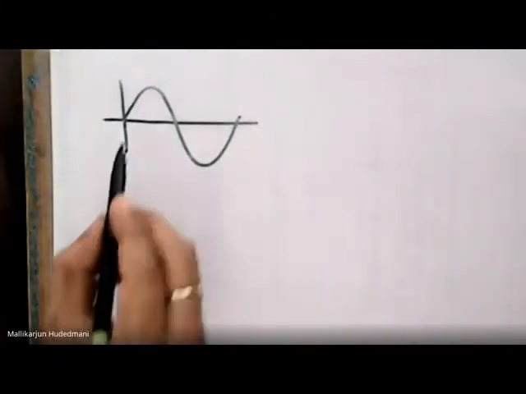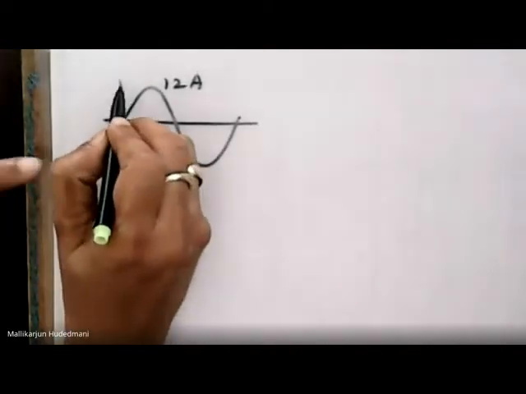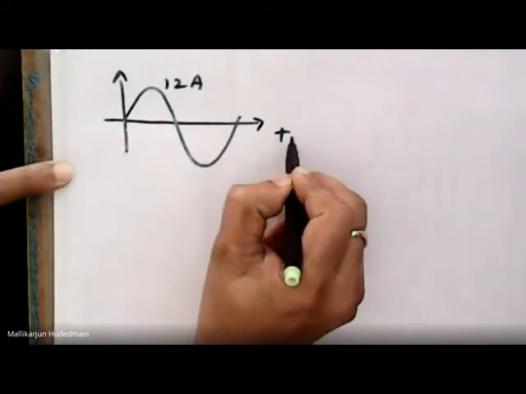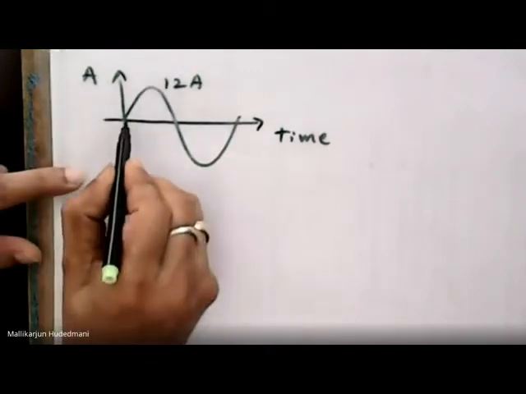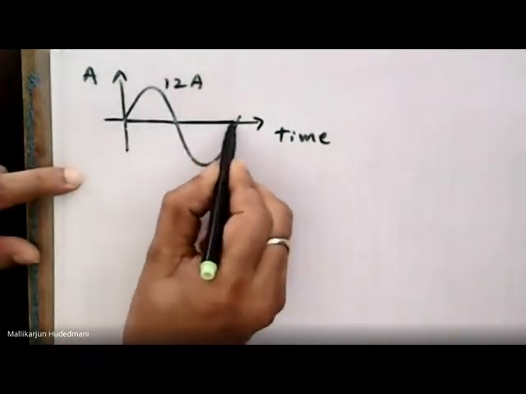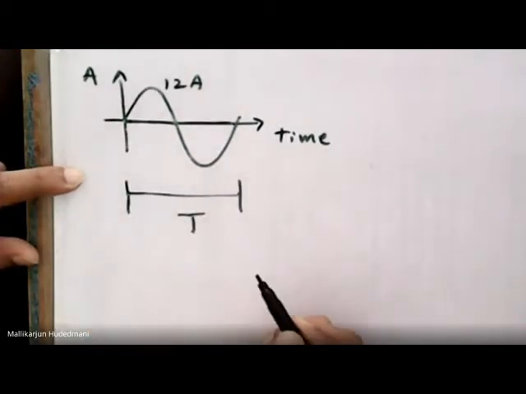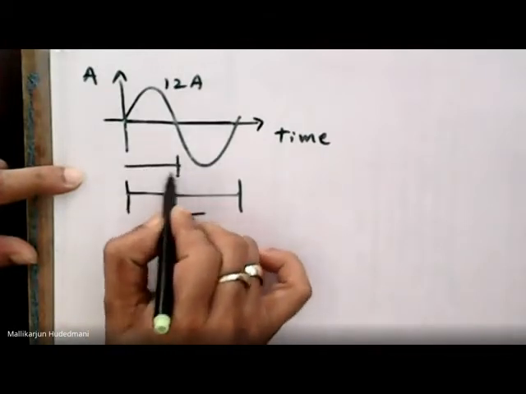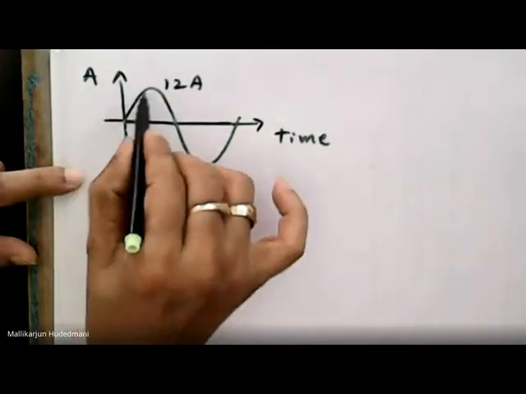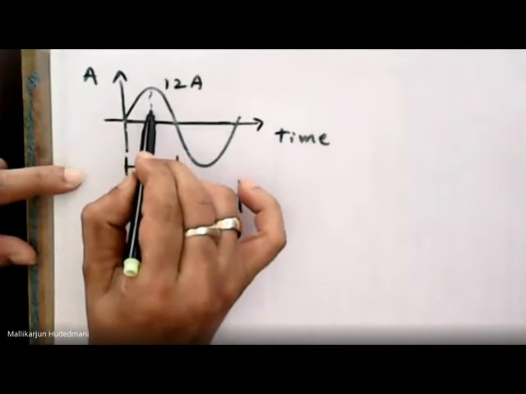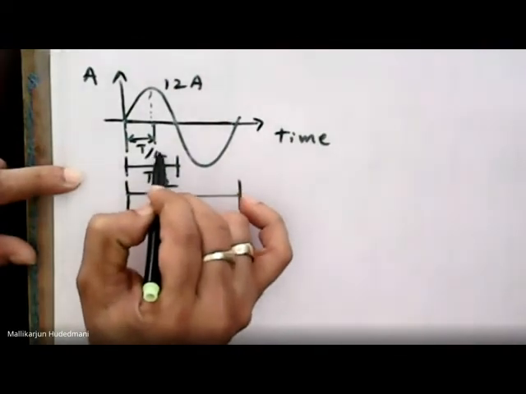A sine wave. Now it has a peak of 12 ampere and a minus 12 ampere. Let me draw it as a current here. Okay, this is time and this is ampere current. Then definitely as it proceeds, half cycle and full cycle. So this is one cycle time. Let me mark it: capital T refers to cycle time. In between it has half a cycle time, T by 2. At T by 2, it reverses from positive half to negative half. Again, I mark another line here. This is 1/4 of a cycle time, T by 4. Can you see this?